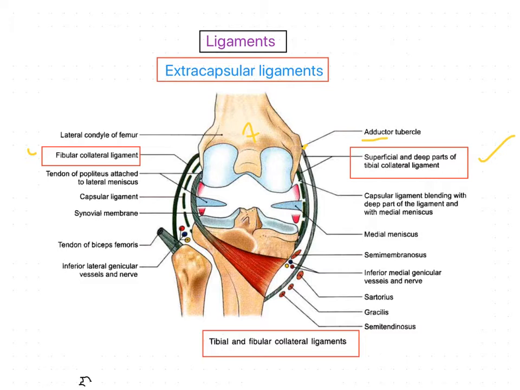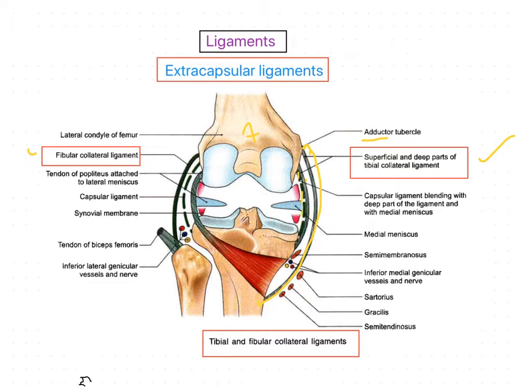The anterior part is called the superficial part and the posterior part is called the deep part. The anterior part is about 10 centimeters long and 1.25 centimeters broad, and it is separated from the capsule